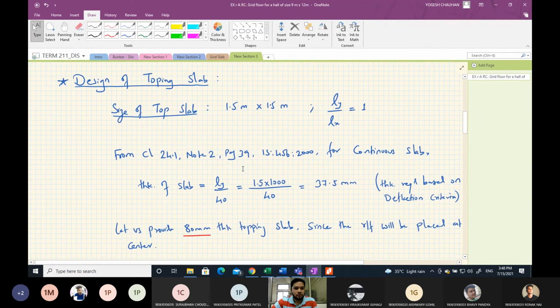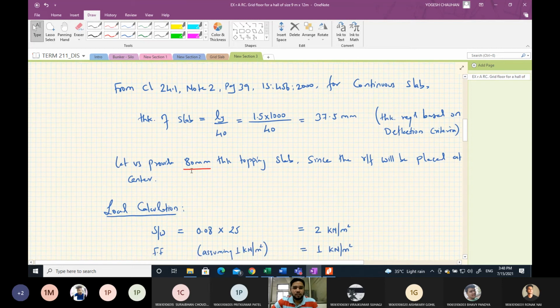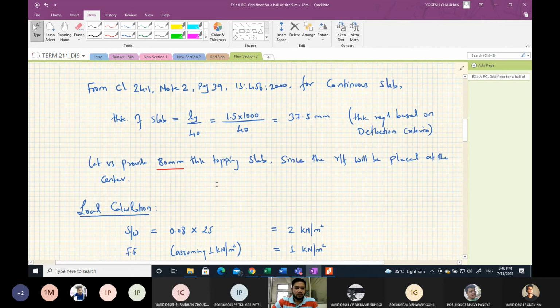Using clause 24.1, we found the thickness of the slab required from the deflection point of view. So it was 37.5 mm only. So we provide the nominal thickness of 80 mm. Since we are providing the reinforcement at the center,